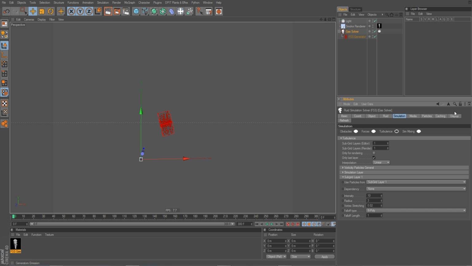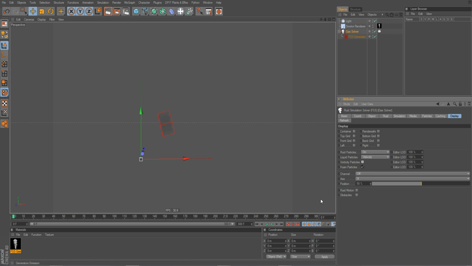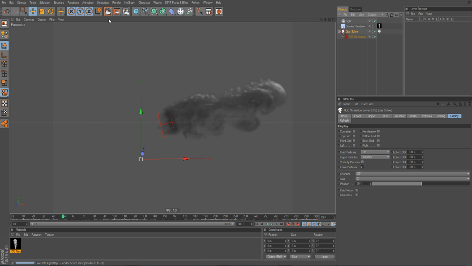Let's do this again, and this time I turn off the vorticity particles so we can see exactly how the smoke is affected. Here we can see small details, turbulences being generated. Right? So it is really a matter of setting this up correctly to get